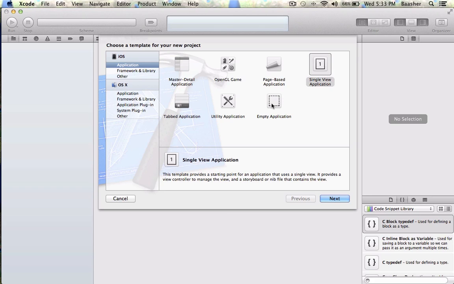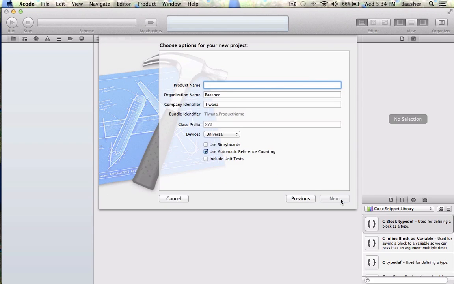Then a more advanced one is empty application, where you start and then you have to do your own coding here. Now, as homework, whatever I do with single view application, you can try these and launch them in the simulator, just like what you're going to see, and see how they feel to you, and get your feet wet. Click on next, and now here I'm going to call it my first app